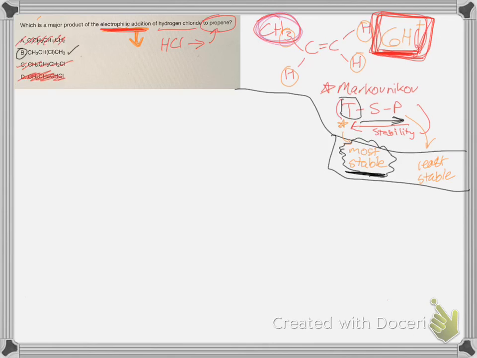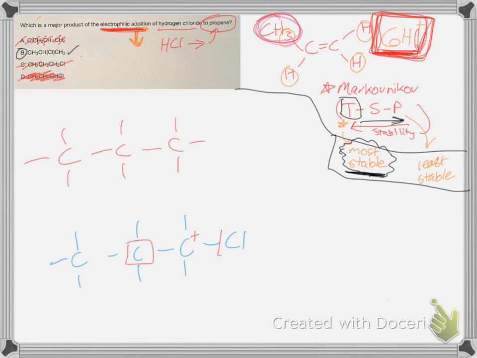So now going back to B, just trying to summarize this explanation. Well, let's compare B and C actually to have a better understanding. Okay, so this is the carbocation here. It's bonded to 2